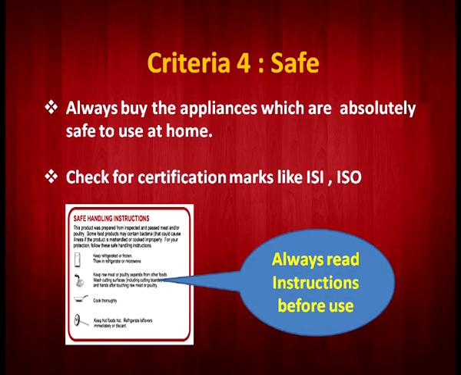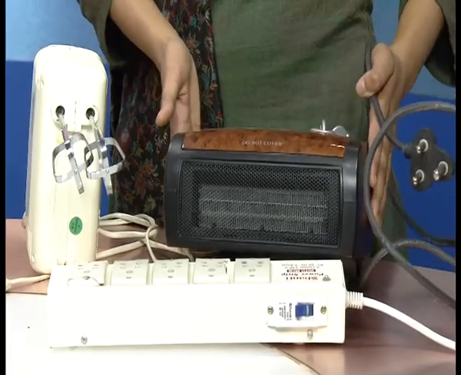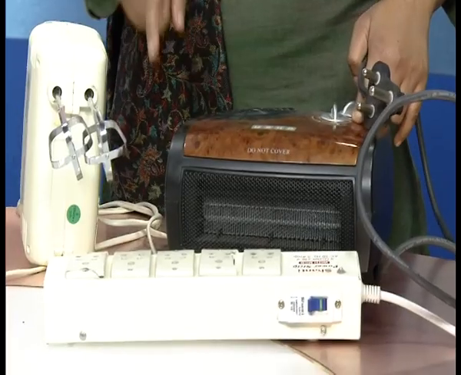Is it right? Yes. Another criteria is safety, which is very, very important. Please tell something more about it to our learners. Whenever we go for electrical appliance purchase, we always look for the standardization mark. Like we have the Bureau of Indian Standards and other standardization authorities that give their own safety marks. For example, this is a blower. It converts electric energy into heat energy. And in this case, there is a major issue and major danger of getting a short circuit.